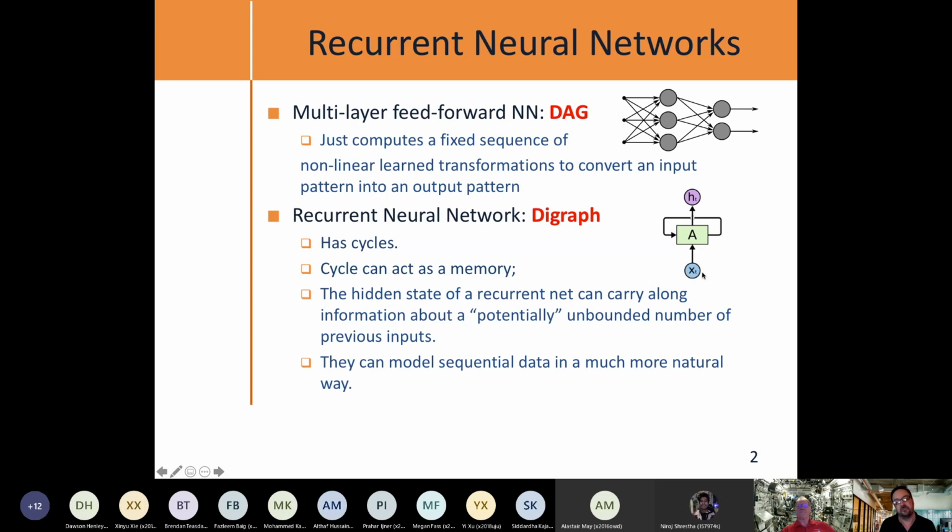So these inputs at this current time are being fed into this same network unit at the next period in time. At x_{t+1}, the input now comes in and is being fed to the same unit. So you have these cycles that imply memory. The hidden state of the recurrent net can carry along information about potentially many previous steps.